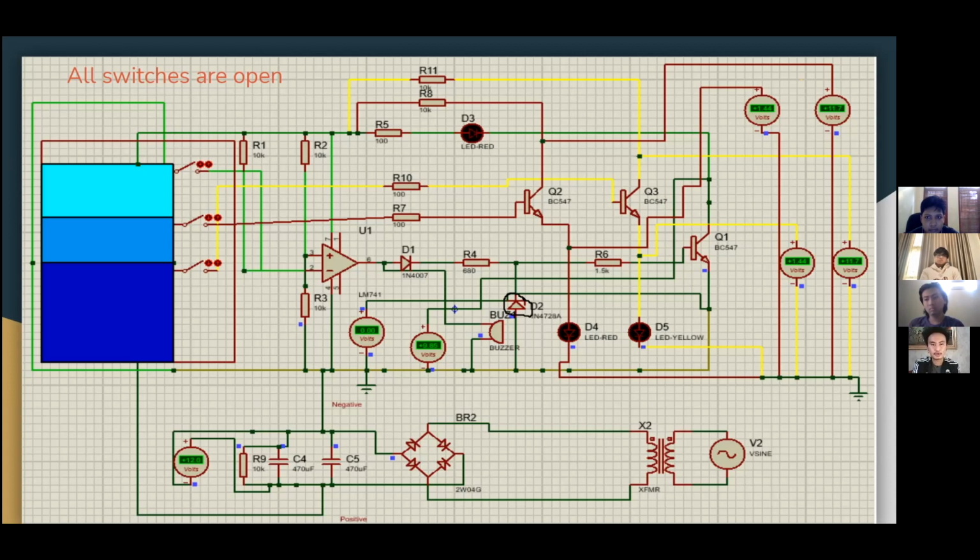So the green one is for the red LED and the buzzer. And the voltmeter is to show the voltage level at the VCC of each BJT in the system. Like in the yellow one here, it shows the VEE of the red LED and the yellow LED, and here it shows the VCC of the yellow LED, etc. Next.